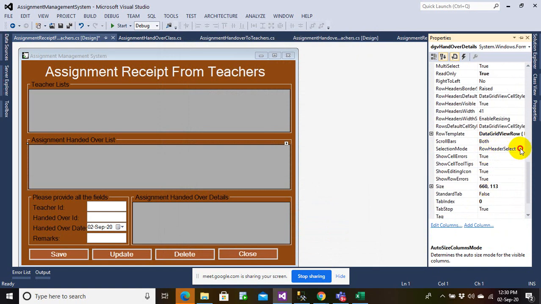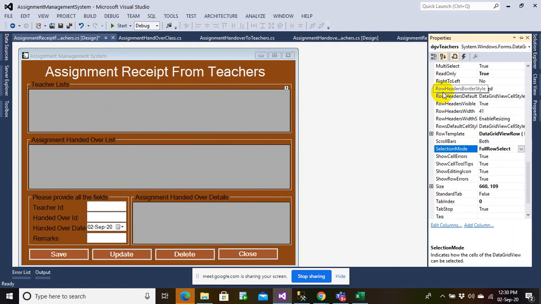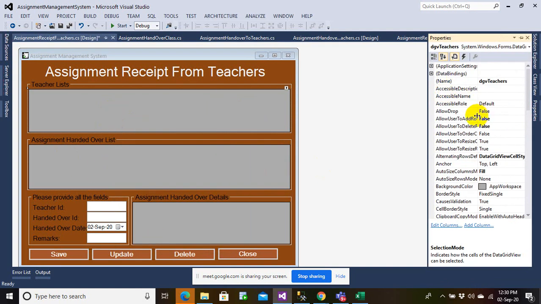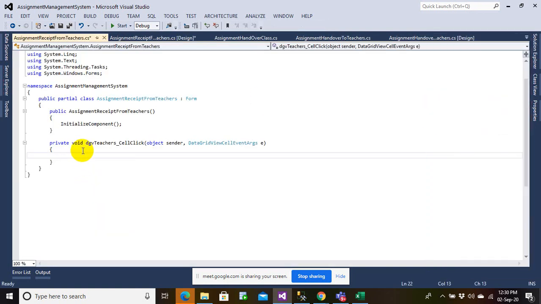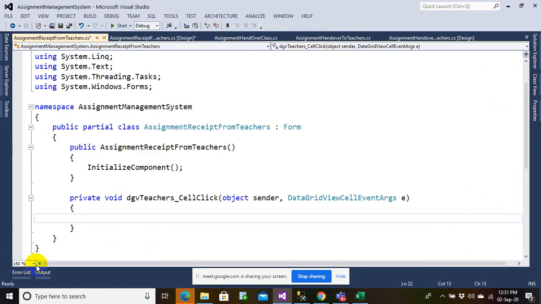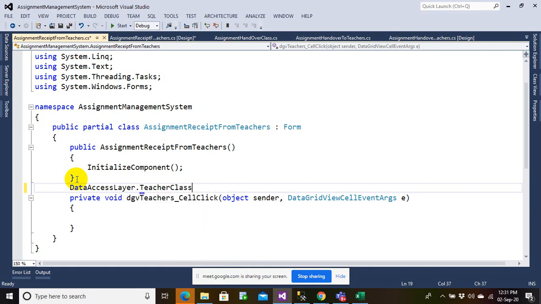Selection full was select. Yeah, this is done. Let me go to the property of this. Let me go to self-click event. Let me go to self-click event and make it 103% zoom. Let me create the object of data access layer dot teacher class, teach equals new